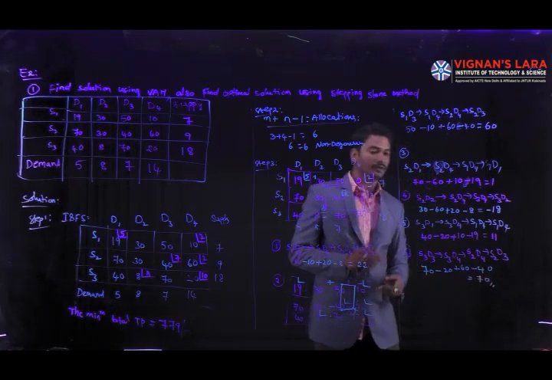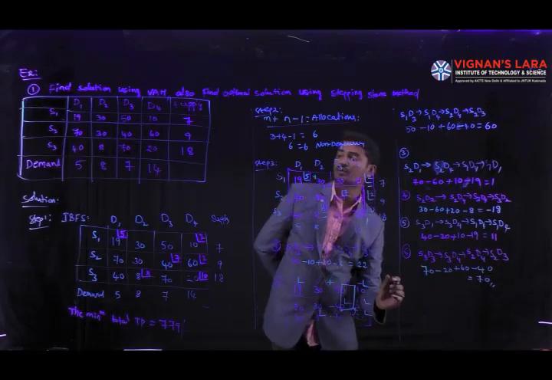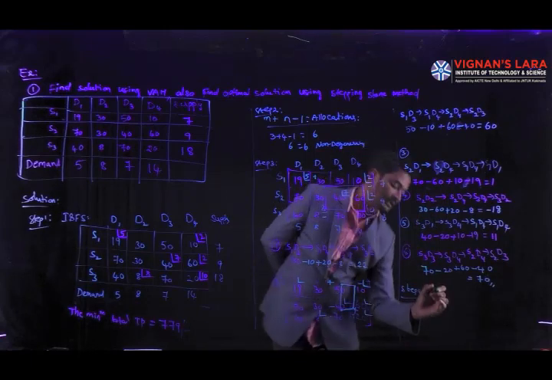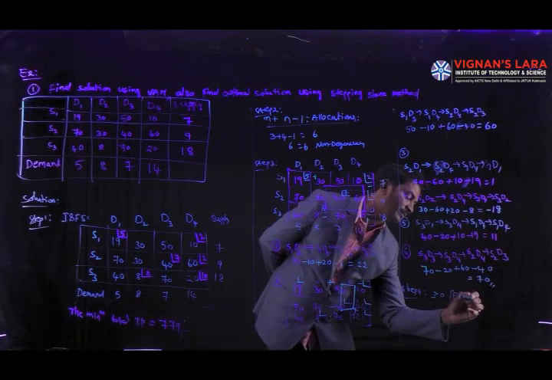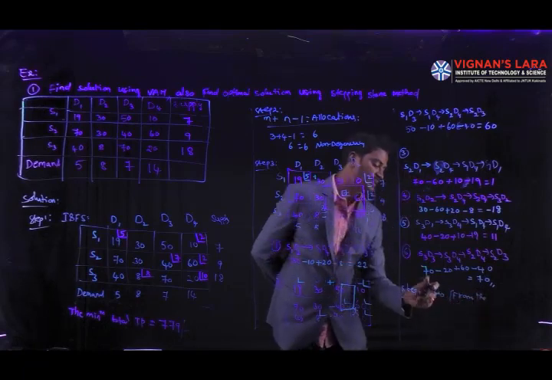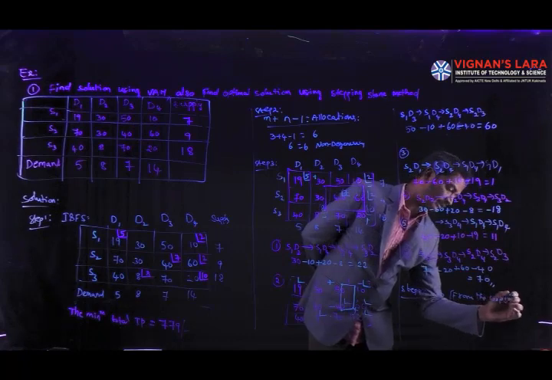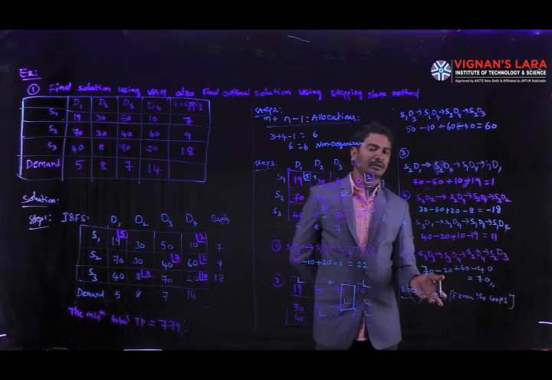Okay. After finding the loops, we have to check the value at step 4. Step 4: the cost values from the loop should be greater than or equal to 0. If the condition is satisfied, it reaches optimality. Otherwise it does not reach optimality, and again we are going to redraw the loops.